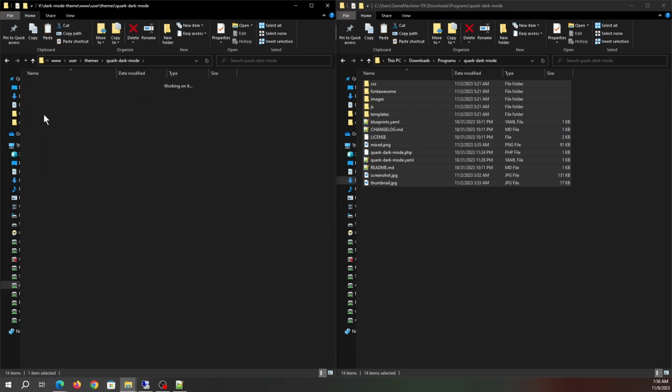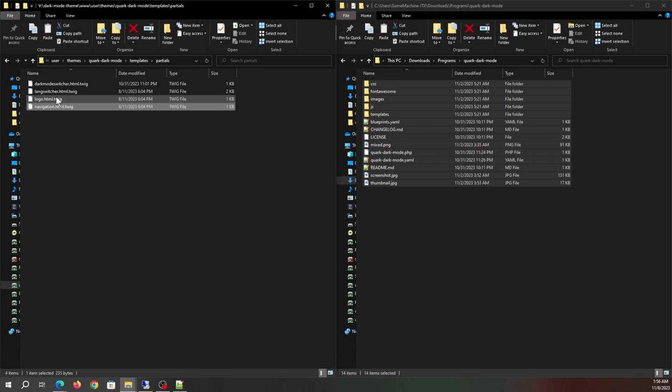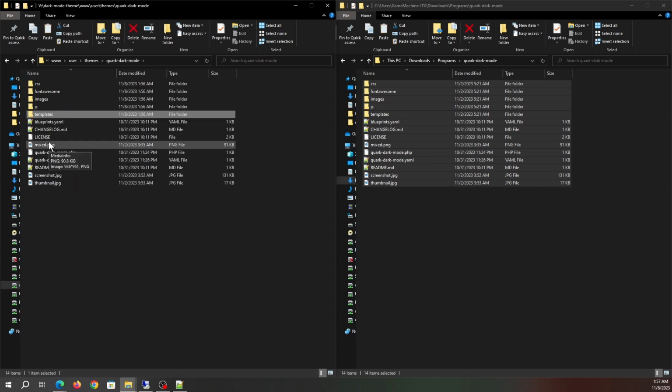Okay, and then the templates, the macros. That's important. And in here, the actual switcher, which is the actual button, because this goes in here, and then you've got the logo and the language switcher. Those are required. If you didn't have those in there, it wouldn't work. So that's pretty much it. And everything else